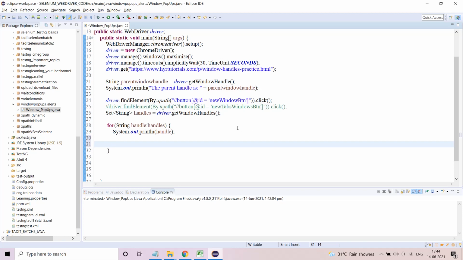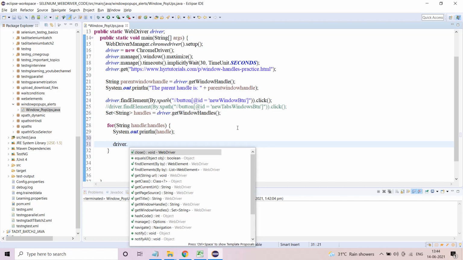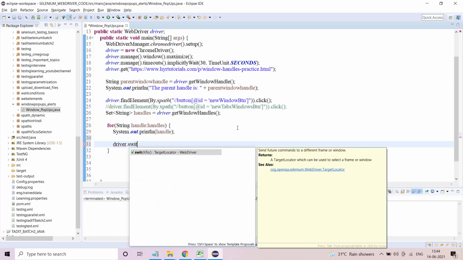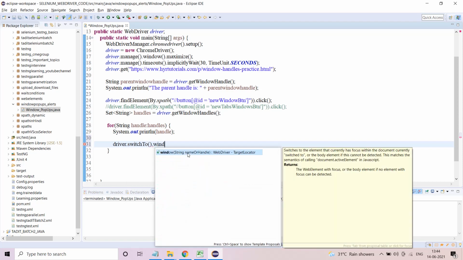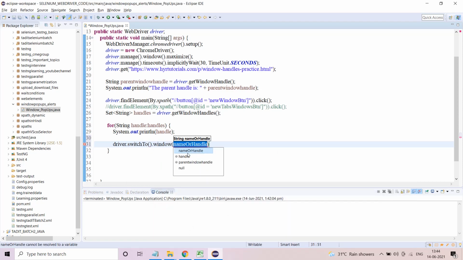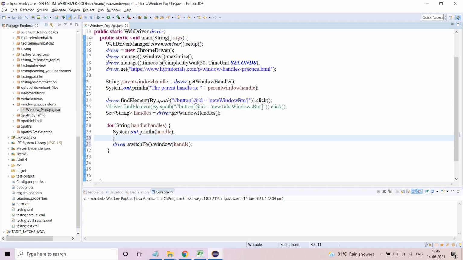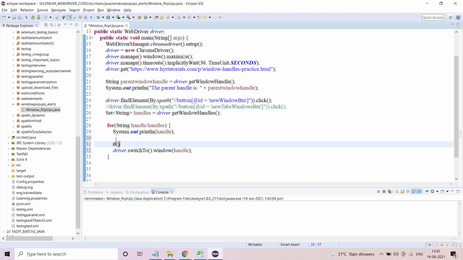So I'll write here driver dot switchTo dot window, handle. And which window you want to switch to? You want to switch to this handle window. Okay, now how will it come here? That is also required. But you must know that this particular window should not be the parent window, otherwise Selenium will get confused.